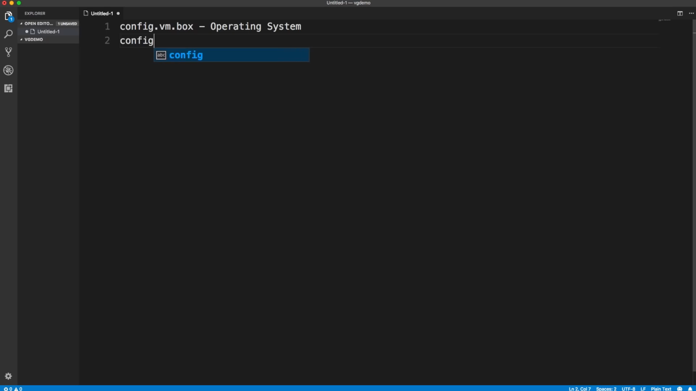Then you have the config.vm.provider, which is, in our case, VirtualBox. And like I said, there are other ones, Hyper-V, VMware Desktop. I don't know. There's a bunch of other ones, but I've only used it with VirtualBox. Next, we have